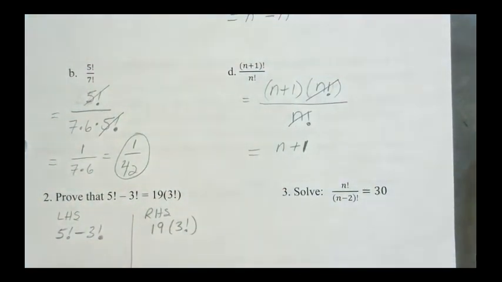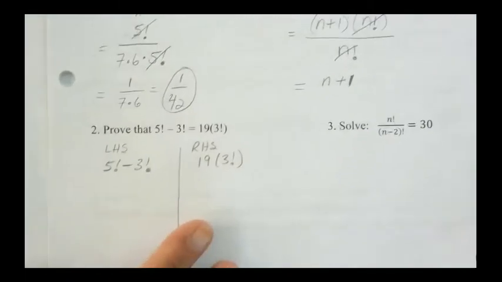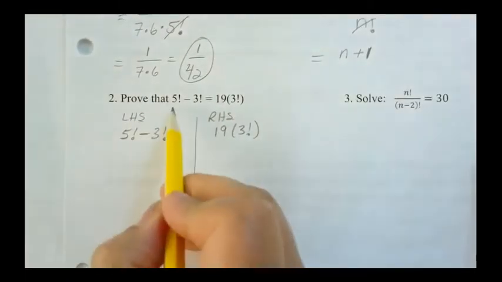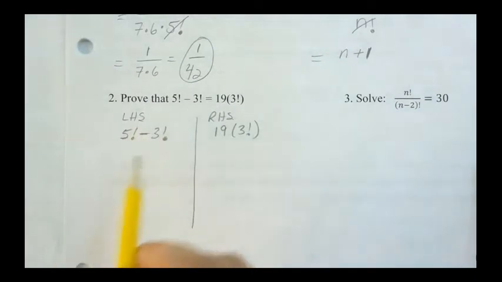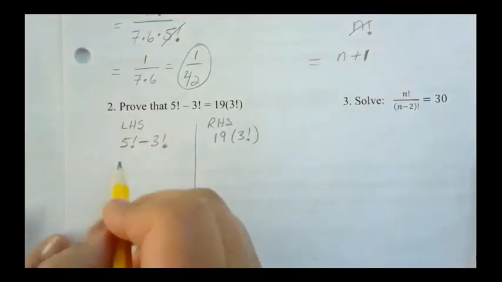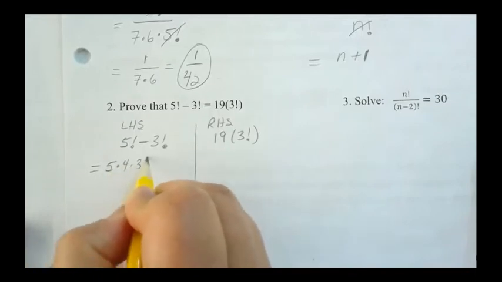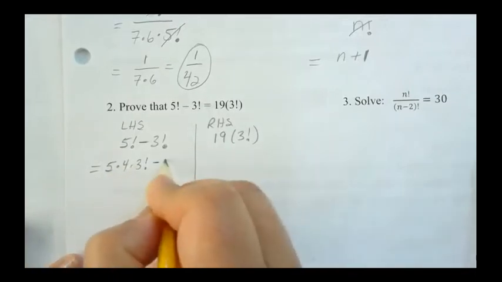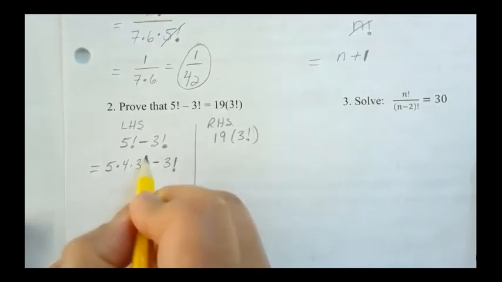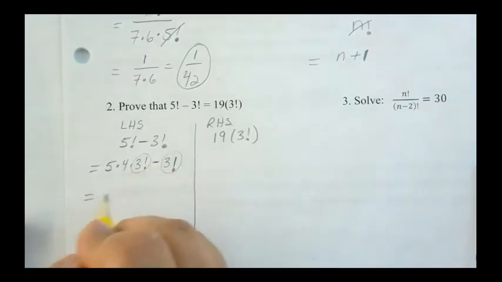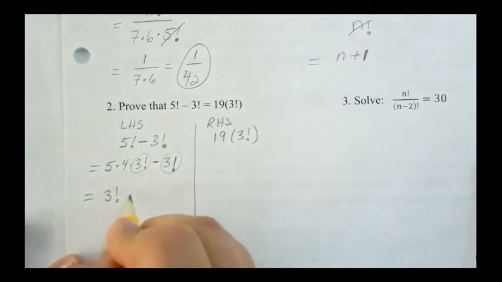All right. Now, number 2, it says prove. So notice here, whenever you're proving, remember from when we were proving identities, we had left side, right-hand side. So work independently on the left-hand side, work independently on the right-hand side, and go from there. So 5 times 4 times 3 factorial minus 3 factorial. Now what I'm going to do here is factor out this 3 factorial,